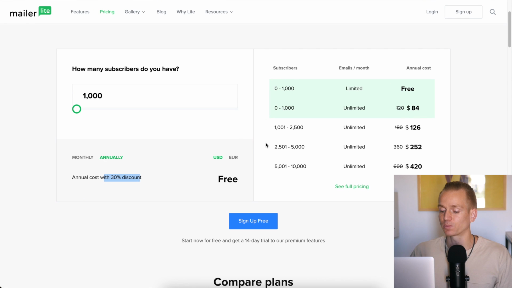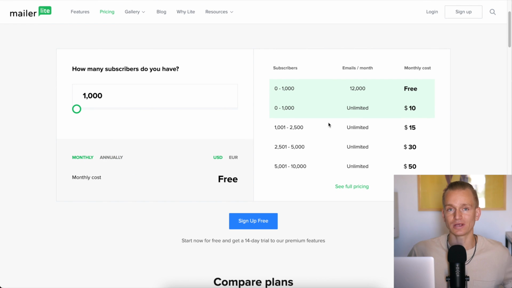So in terms of price, MailerLite is absolutely amazing. It's one of the cheapest email marketing softwares out there, if actually not the cheapest one. And what you get, the functionalities you get are absolutely amazing. I would say it's definitely the best price and quality ratio what you're going to get out there.